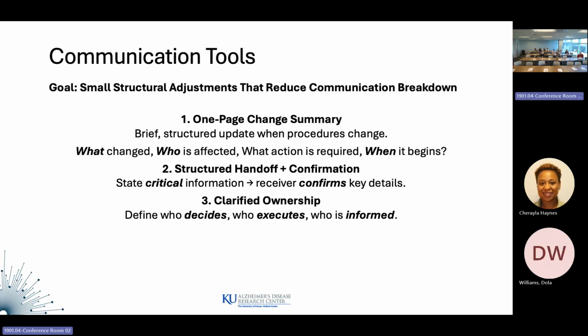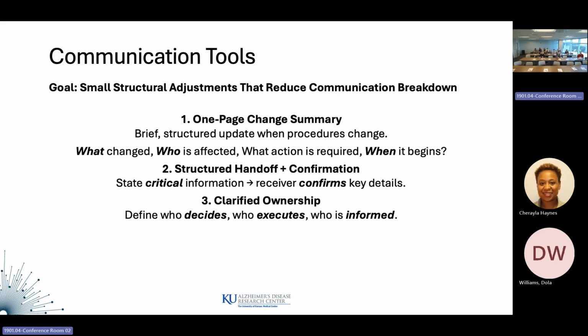This is really important to me: clarified ownership. This helps if you have an action item list within your meeting minutes where you can specifically designate someone responsible for a task. There's a lot of meetings that I'm in that I get done with and I'm like, is that me or my coworker supposed to send that email? Was that me or my coworker that's supposed to send that Excel sheet? It's unclear. So it's important to specify, besides who executes, who needs to be informed.